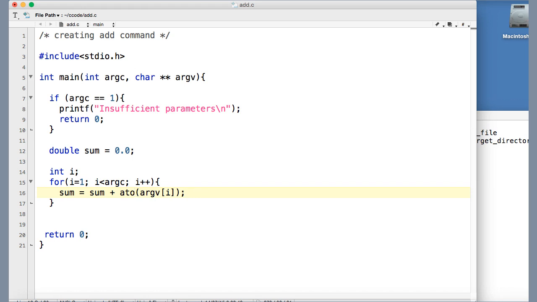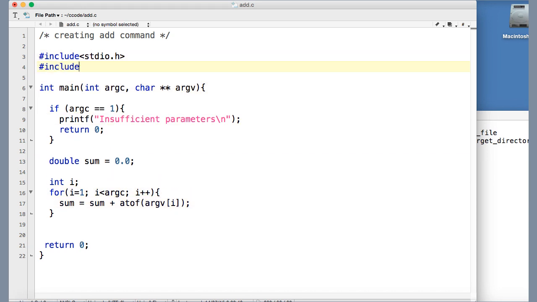Since we want it to be in double, atof is the function of our choice here, and for atof we need to include stdlib. So now what is happening here, we are converting each parameter to double and adding it up with the sum variable,